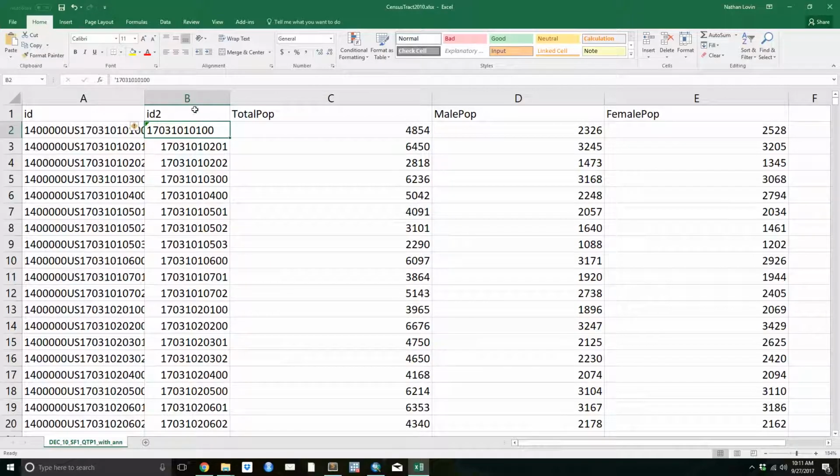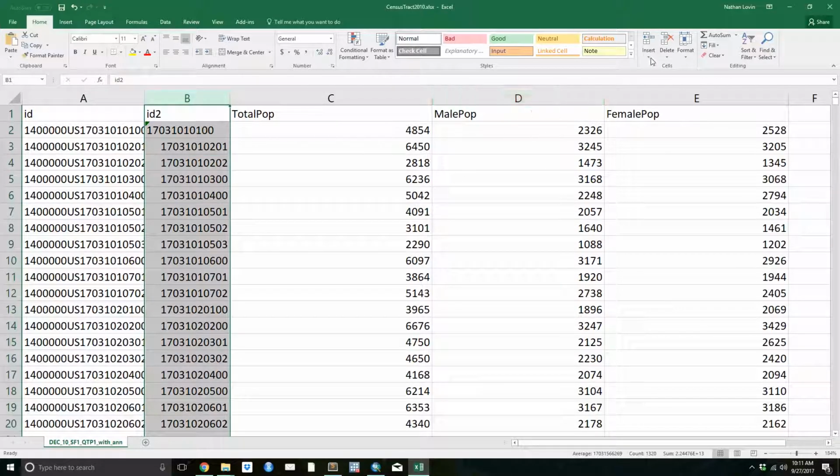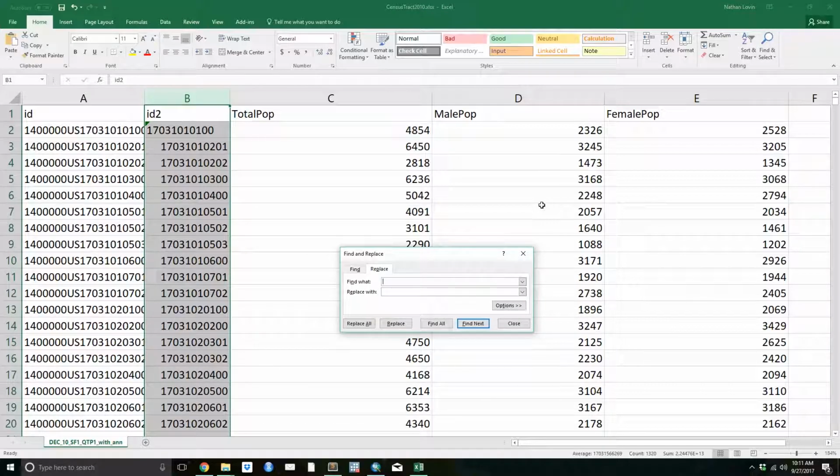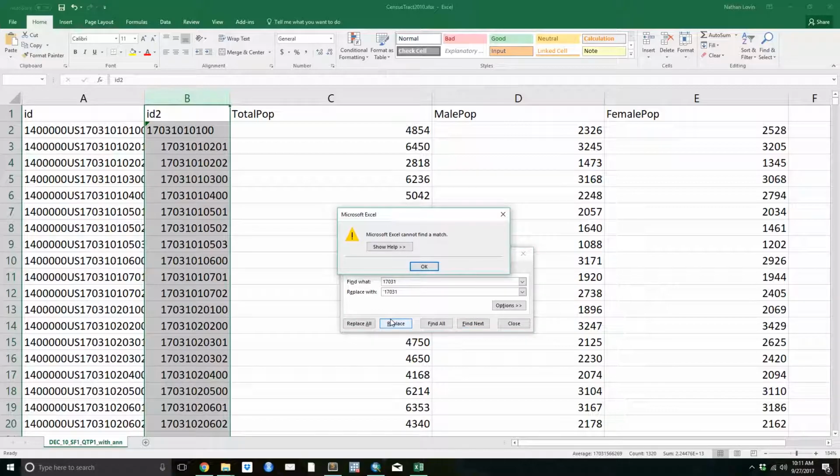But instead of having to go through and add an apostrophe in front of all of them, obviously there's a much easier way. You select the whole row and go up to the top right. You should see Find and Select. If you're in the Home tab, go to Find and Select, and then click Replace. You want to find that 17031 beginning, and you want to replace it with an apostrophe and 17031. What that will do is force